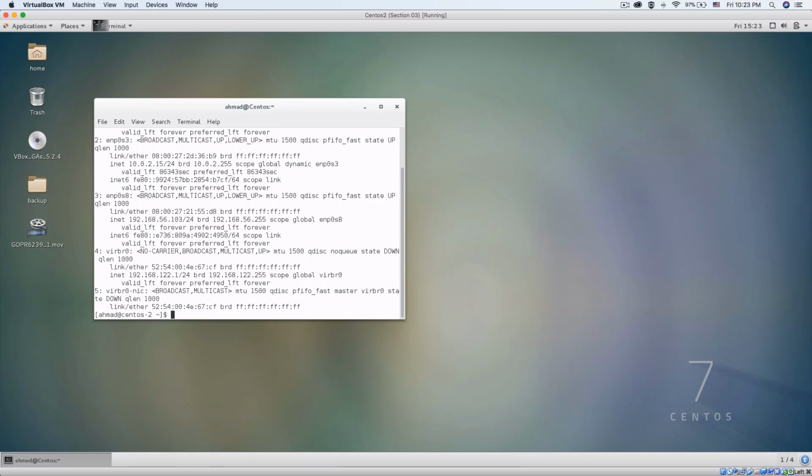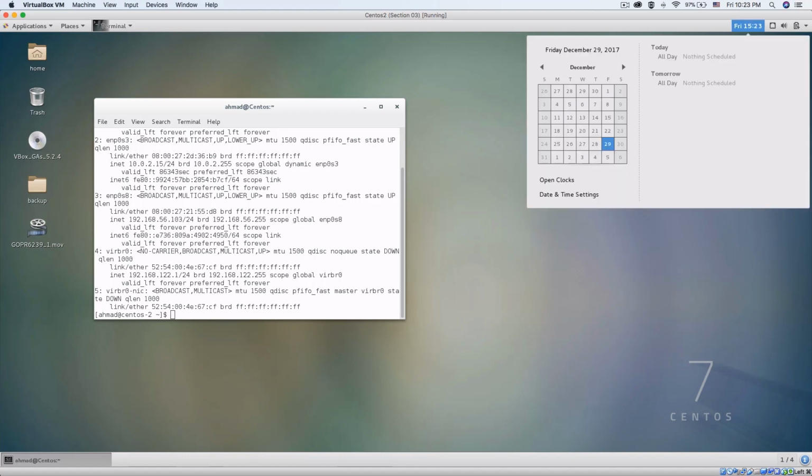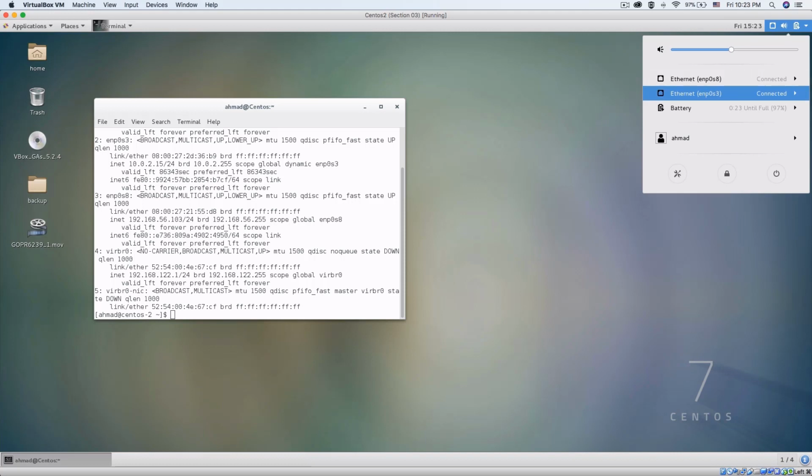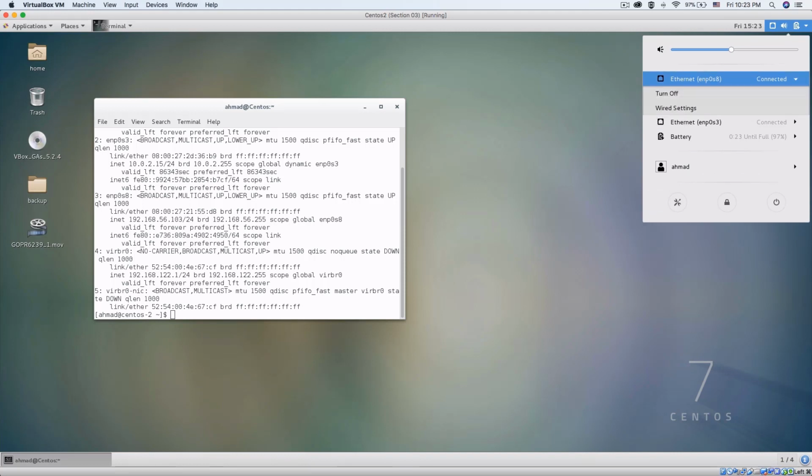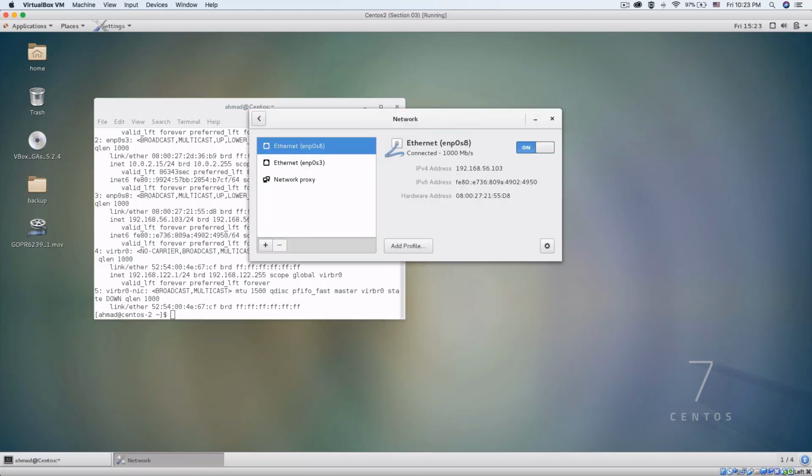ways to do that. You can do it on the command line, or you can do it on the GUI. If you want to do it in the GUI, which is, I believe, easier, just click on the icon beside the clock on the right corner of the screen, and click on it. These are the Ethernet connections that I have. Just click on the appropriate one and go to wired settings, and you will be presented with this screen, which